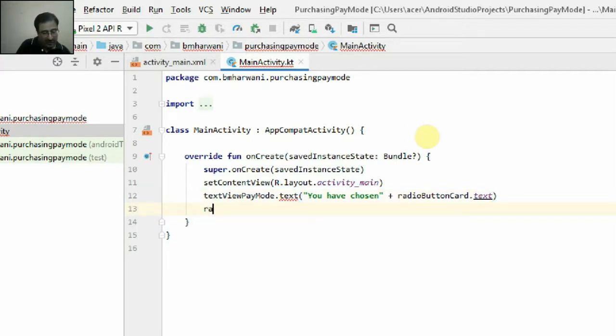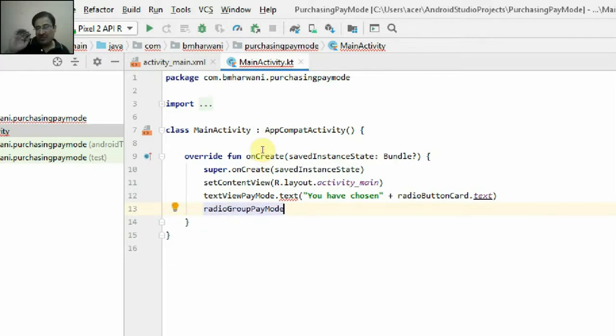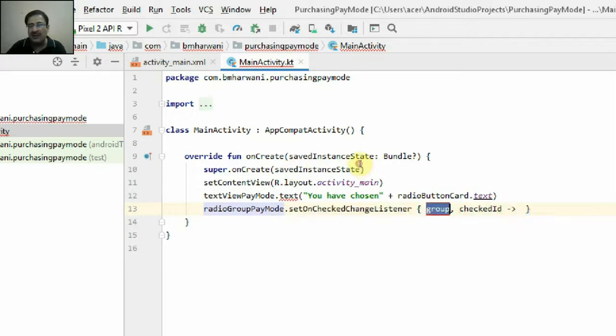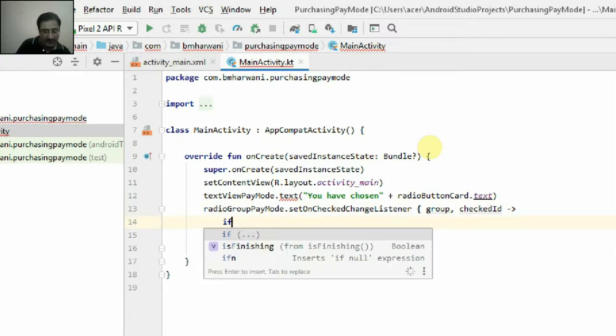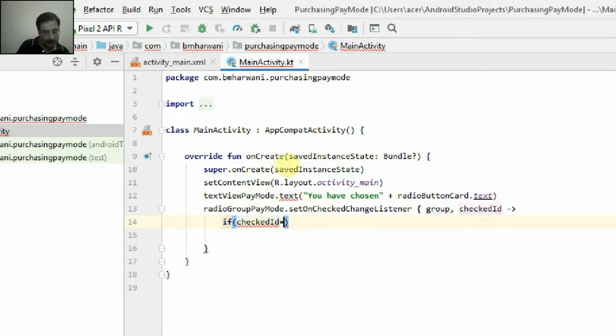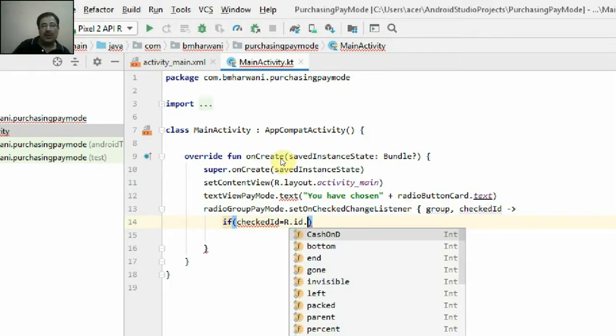Next I have to set a change listener on the radio group pay mode. So I'll click on that dot setOnCheckedChangeListener. Can you see this option? Second, set checked change listener. I'll double click it. I'll check if the checkedId is R.id dot, and what was that?